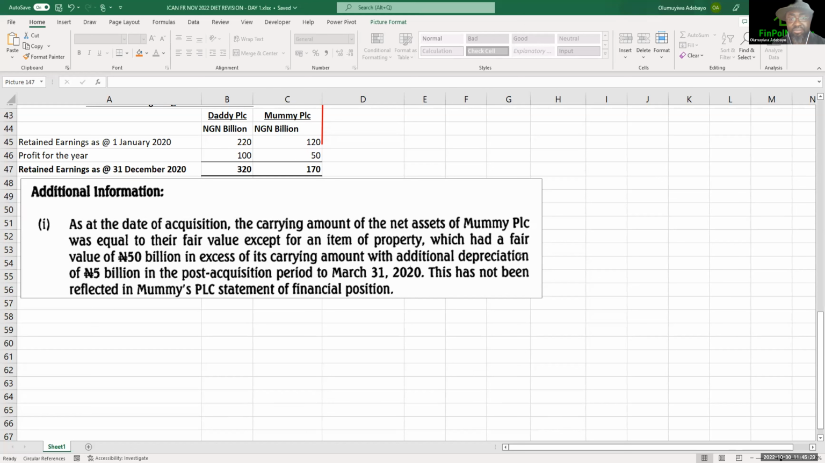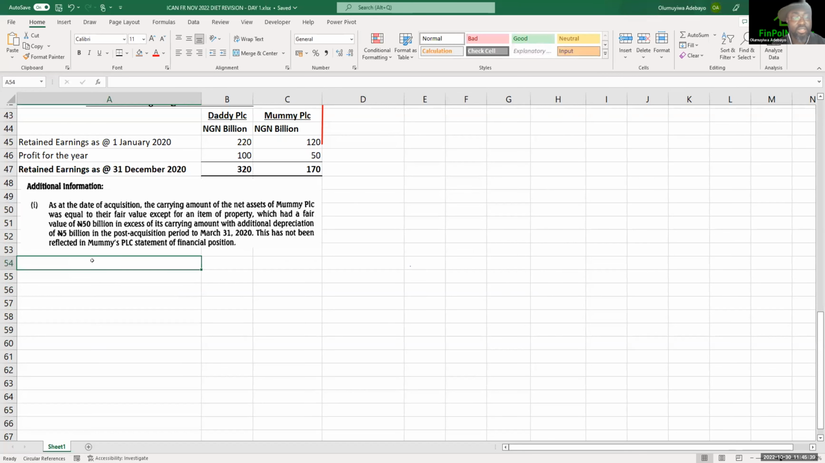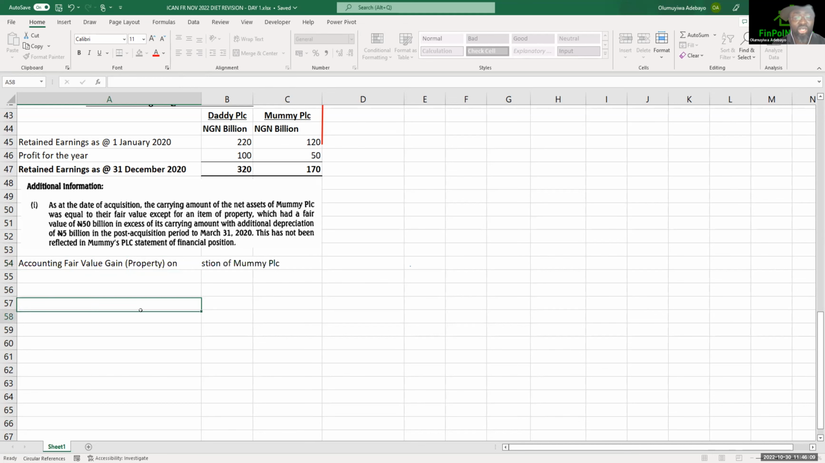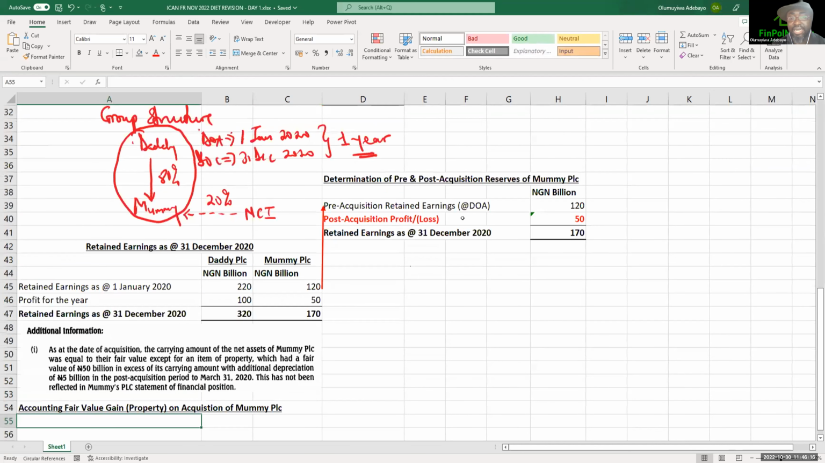Now, this is the additional information which I've brought in here. Now, accounting for fair value gain on acquisition of Money PLC. Remember, there was fair value gain on property alone, because all others have the fair value equal to their carrying amount. Therefore,